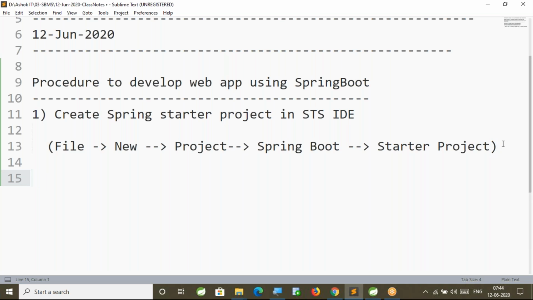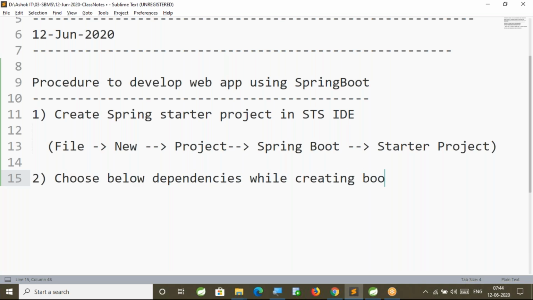At the time of creating the project, choose the below dependencies. When we are creating an application by using Spring Boot in the STS IDE, it will display an option to choose the version of Spring Boot and it will display an option to select the dependencies also. Right. In order to develop a web application by using Spring Boot with presentation technology, we need two dependencies.